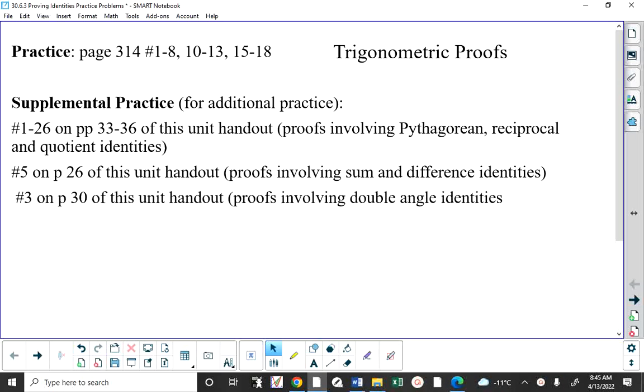Okay, so trigonometric proofs. We have an exam next week. I think it's going to be on Thursday of next week. I just have to double check that. And this exam,